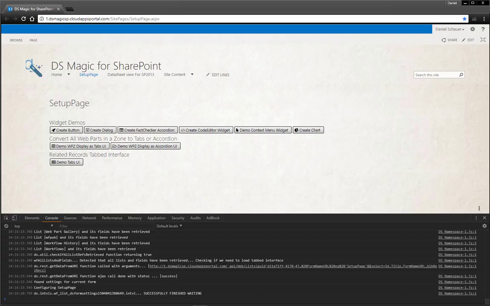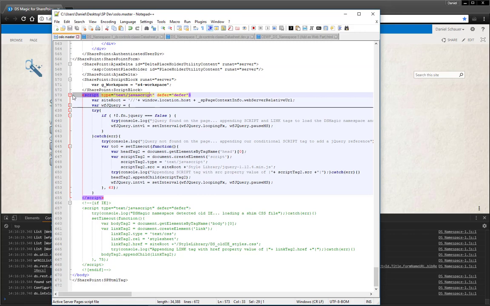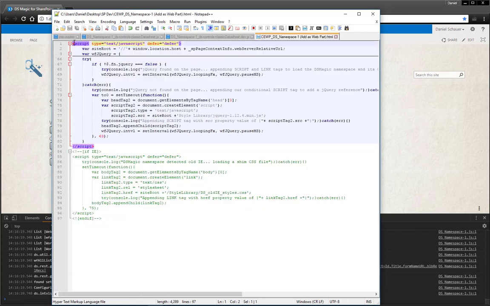All right, so we're going to take a look at how the dsMagic namespace for SharePoint is loaded on a site. There are two primary ways to do this. You can either add a few lines of code to your site's master page, or you can add it as